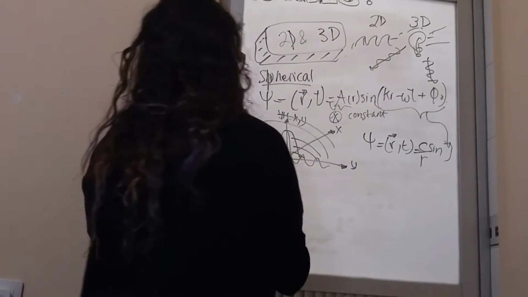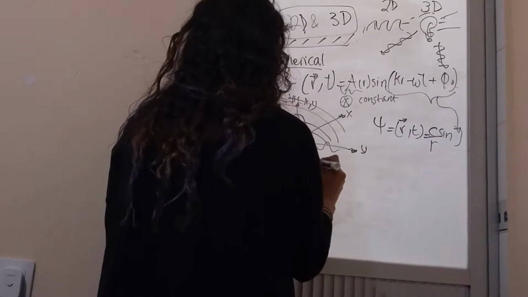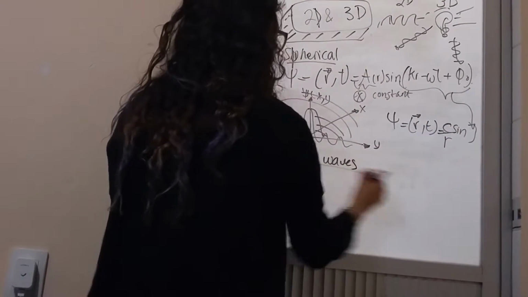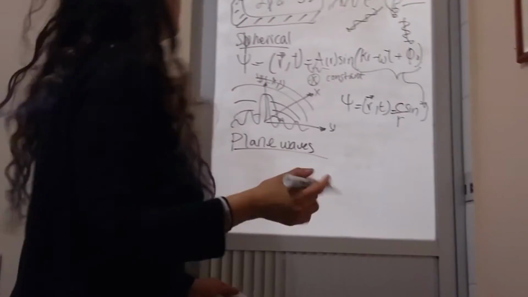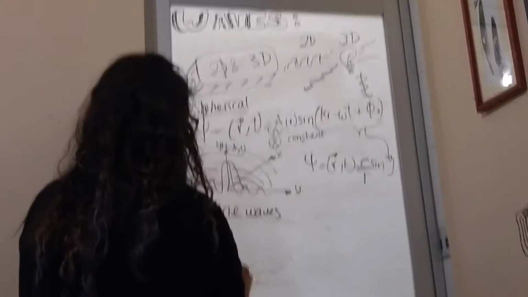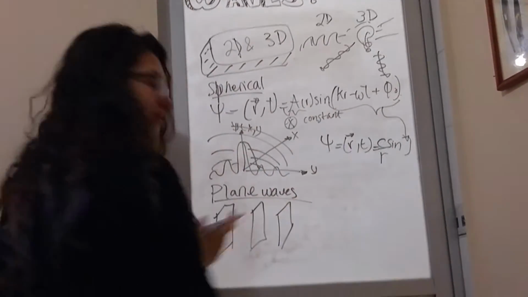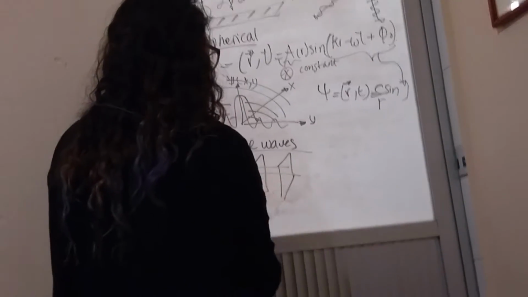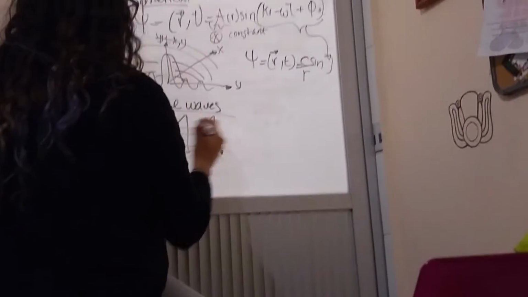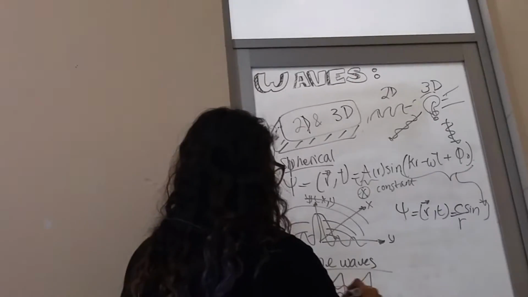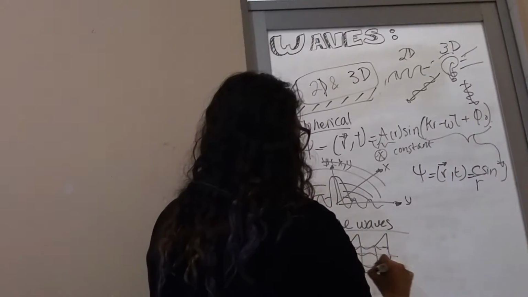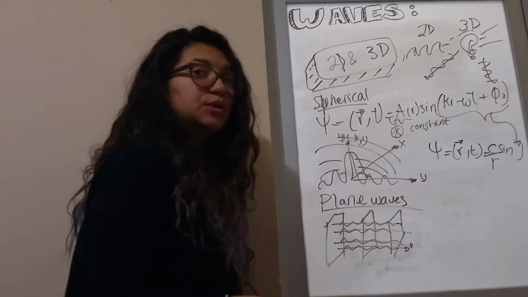We will also explain plane waves. Plane waves are the type of waves that we receive from the sun. So we have these planes, and the waves will move this way. So we will have the wave, and this is the way in which the light from the sun comes to